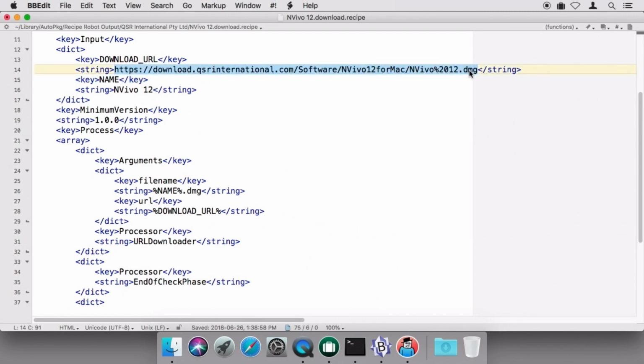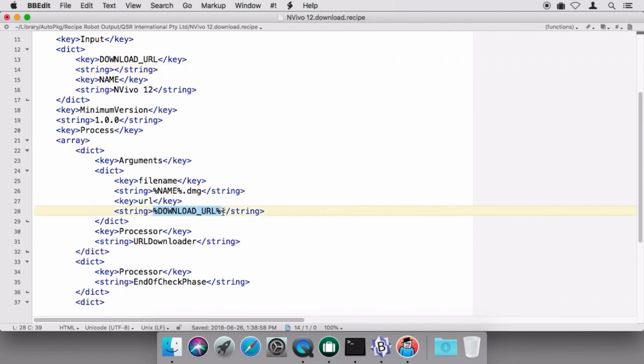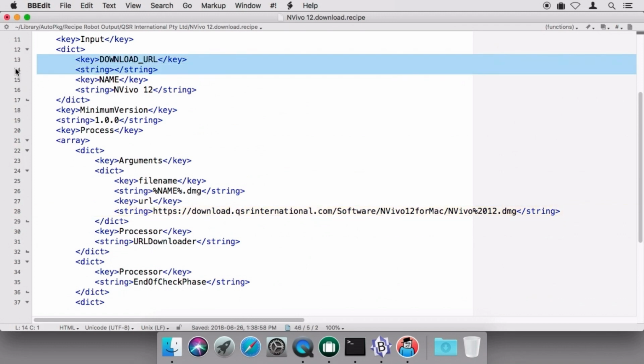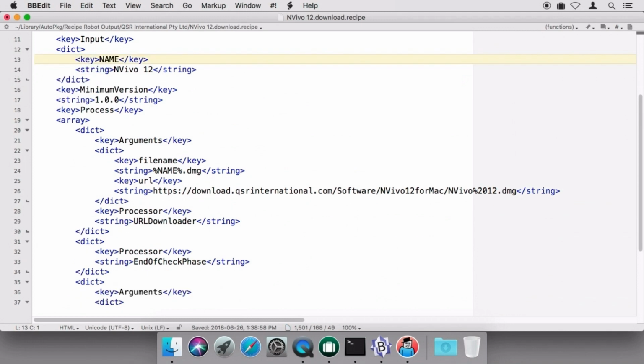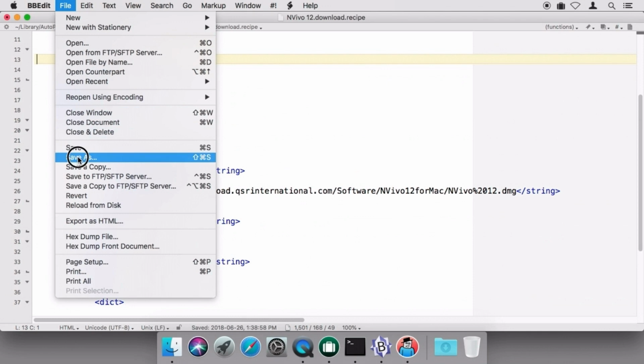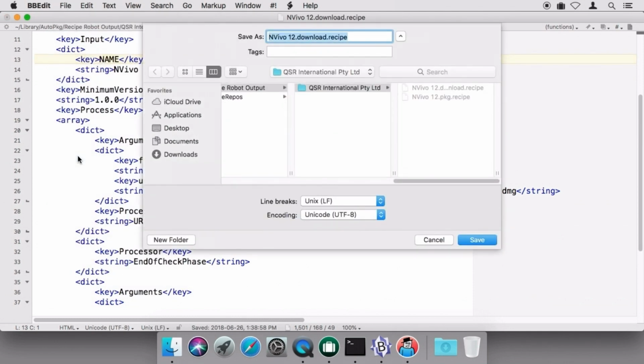If it's in the input key, that means if the URL changes, the person with an override has to change their override. If I hard-code it into the recipe, that means, number one, I'm responsible for maintaining it, but B, when I change it, that makes that change available to everyone else. So I've chosen to put it in the actual recipe and get rid of the key, save the recipe, and